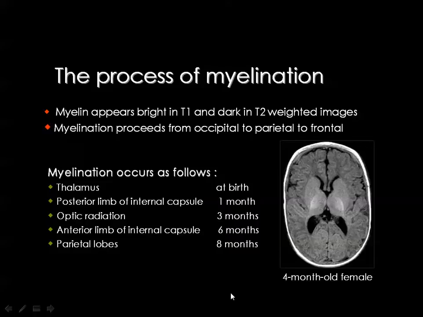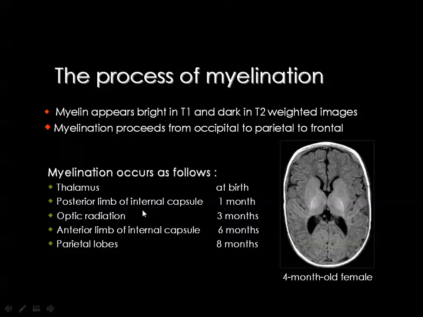Fat is bright in the T1 and dark in the T2 weighted image. And these are some of the times for myelination, but you don't actually need to know them by heart, but we all have these charts beside our desks whenever writing a report for MRI of the brain, looking every now and then to see if this myelination is good or not. Then the thalamus, it should be myelinated at birth, and whenever there is fat in the thalamus, which is myelin, you see that the fat is bright in the T1,